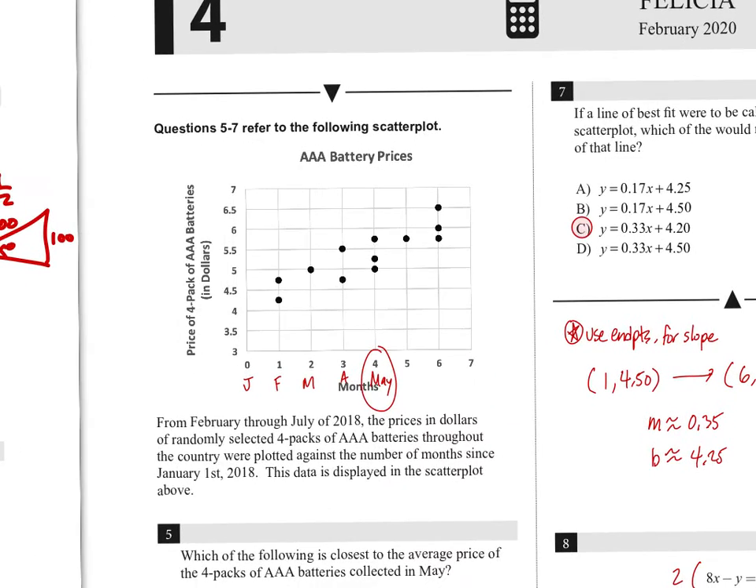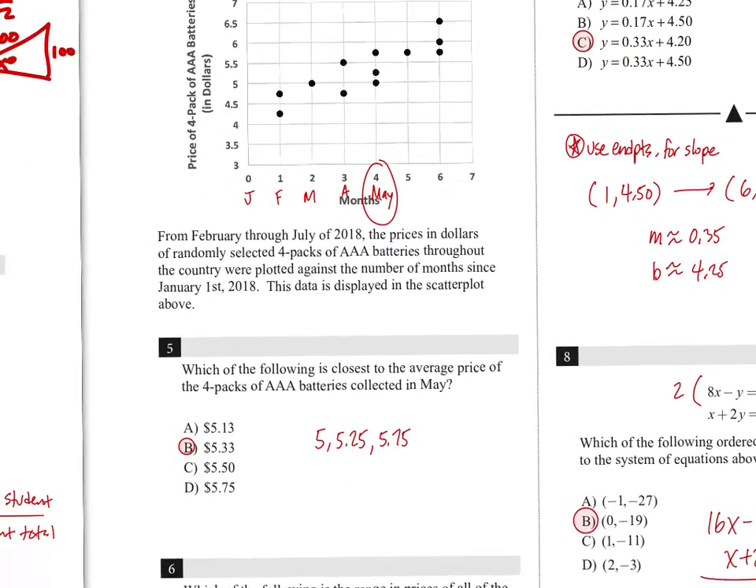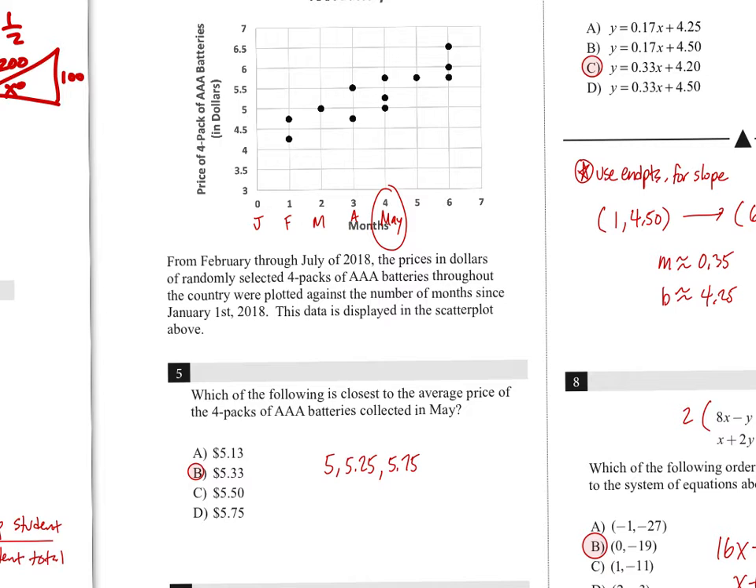Okay, so numbers 5 to 7 all refer to the information in this little scatter plot. Remember, in a scatter plot, the points represent the actual data, whereas a line of best fit would represent the estimate or prediction. In number 5, we're looking for the